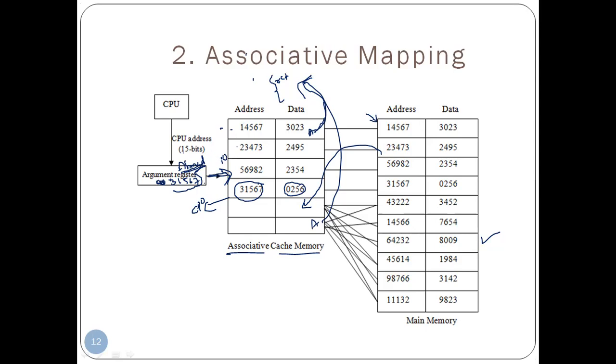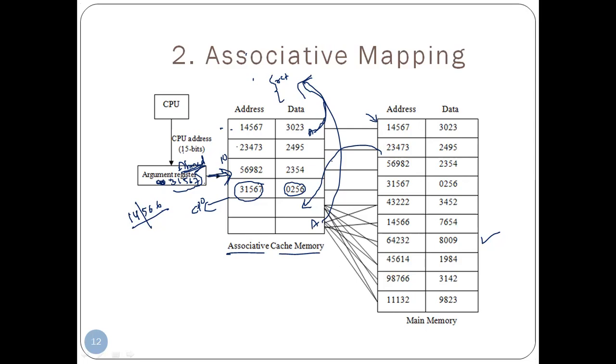Here suppose I have generated an address of 14566, with the tag value and the address value. So first it is going to look for 566. Where is it available?